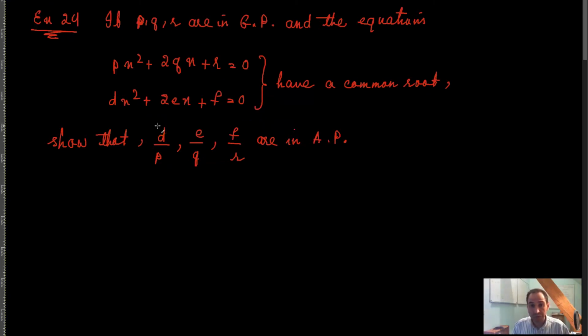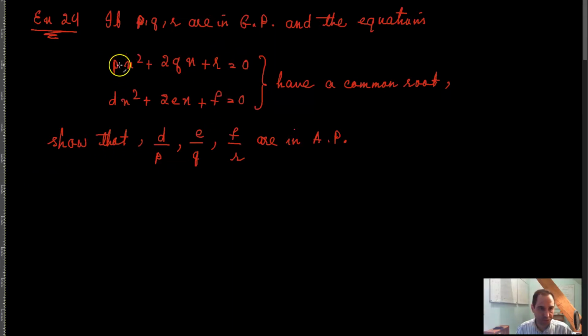Okay, so now to show that this is the case, this is again not very straightforward, but it's essentially easy to understand the solution. Meaning that you have P, Q, and R, which are in geometric progression, and these two equations have a common root, right? And you want to show that D by P, E by Q, and F by R are in arithmetic progression. So what you can do is that, of course,